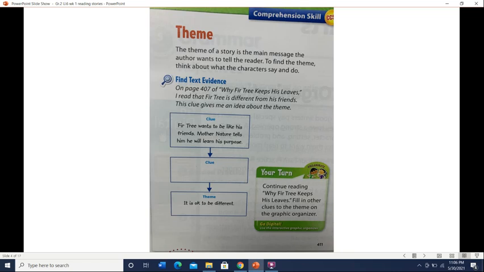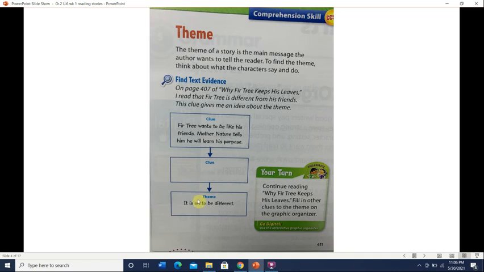Again, another thing, what happens later when the trees lose their leaves and they're just trunk and their branches. He still complained and said, why am I not changing? Why am I the same throughout the year? So what did Mother Nature say? Be patient. This would be the second clue.